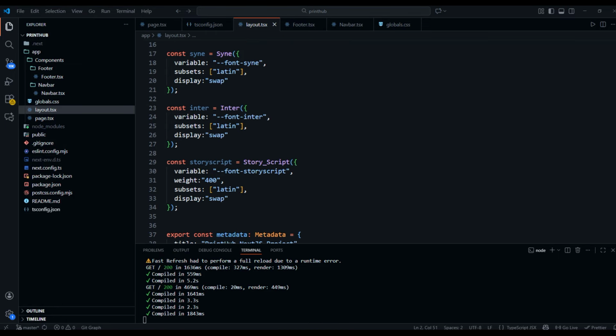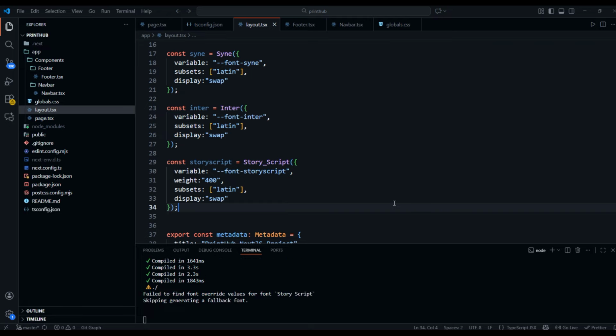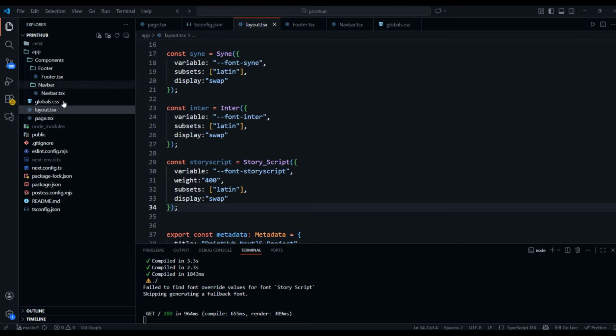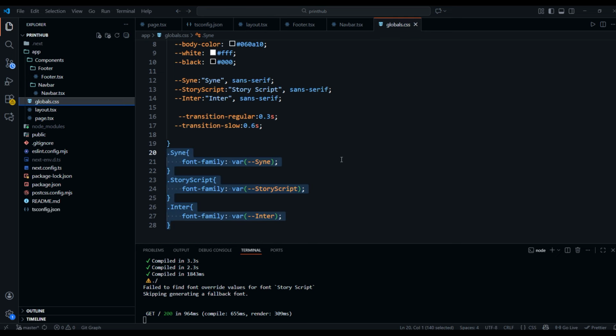So now we have defined our font. The font has been defined. Now move to the global dot